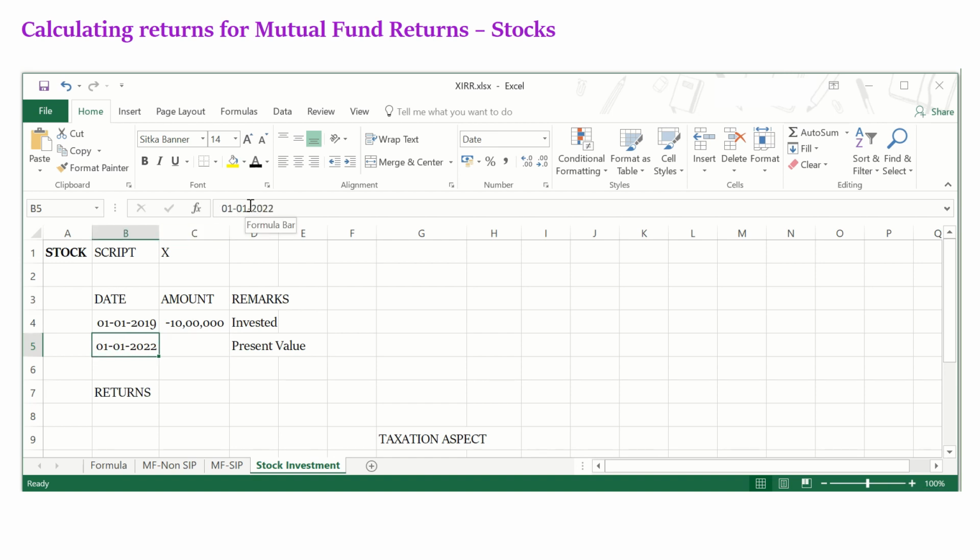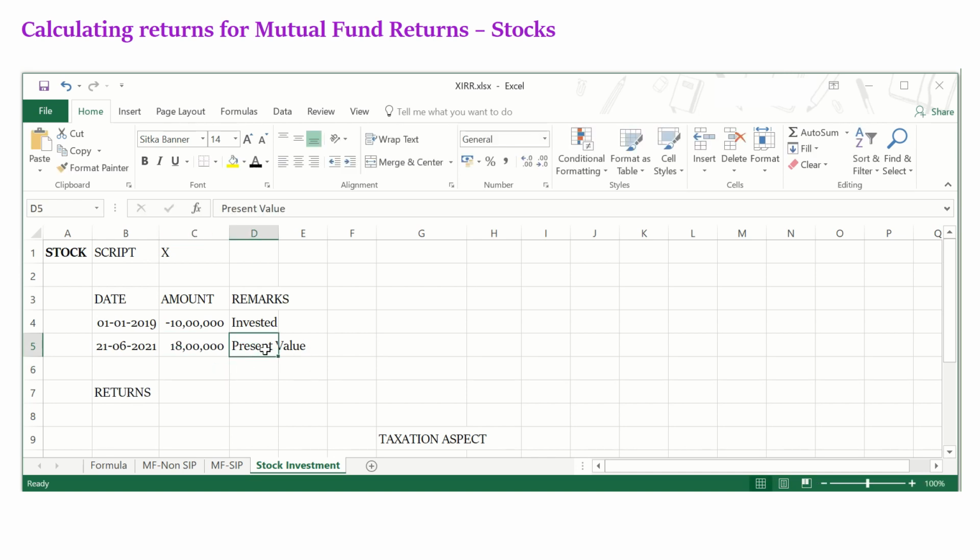21st June 2021, and the amount of whatever the redemption proceeds is, say, around 19 lakhs or 18 lakhs.